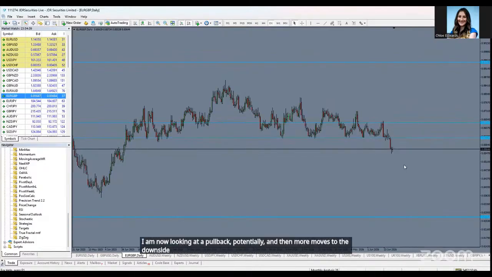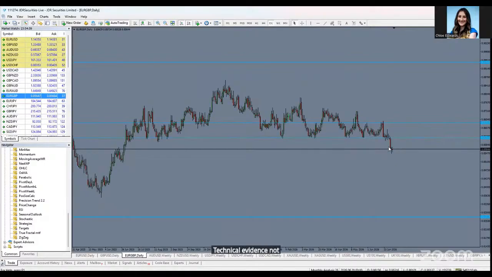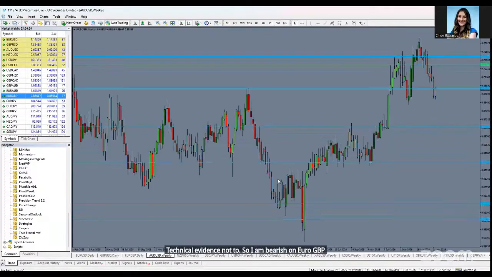I will be trading this short until I see technical evidence not to. So I am bearish on Euro GBP. Moving on then to Aussie dollar. So Aussie dollar on the weekly time frame,